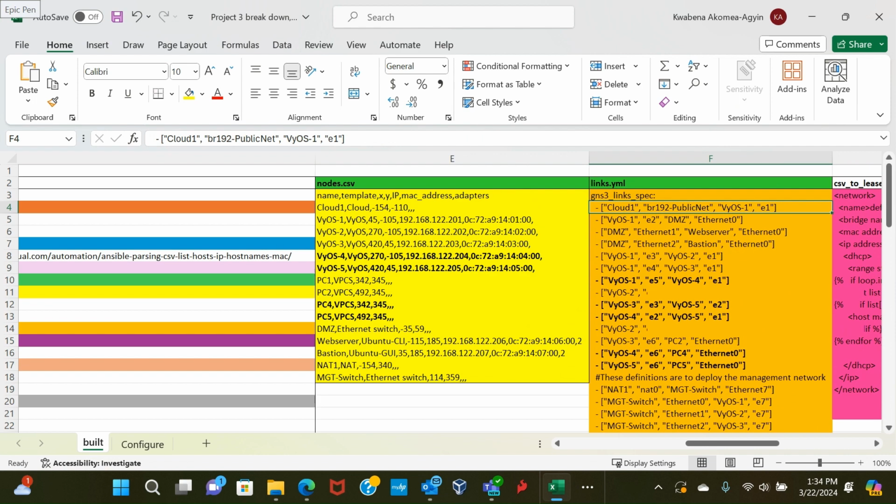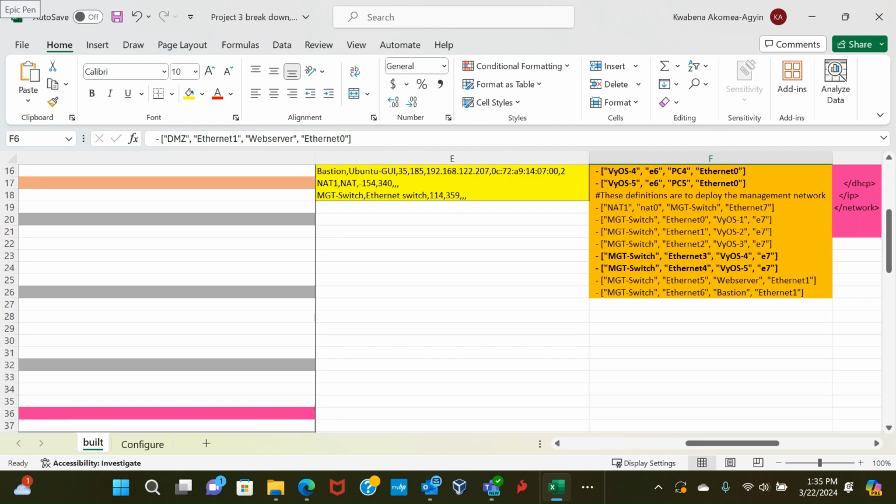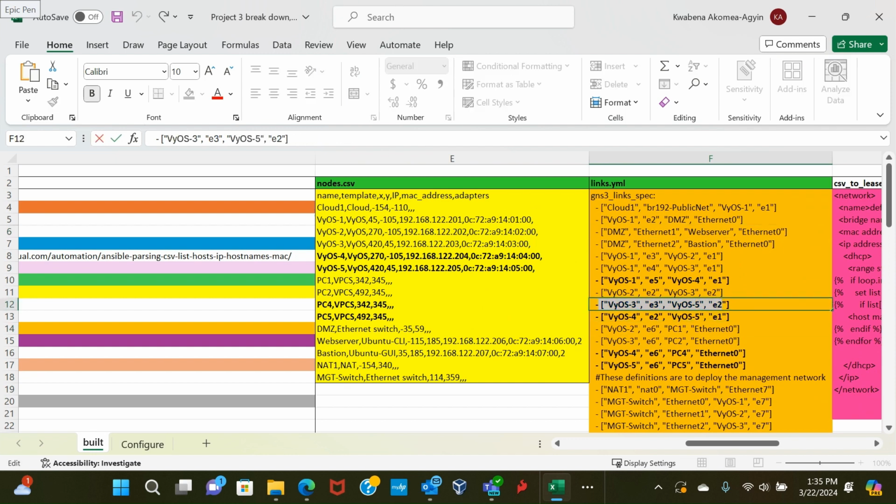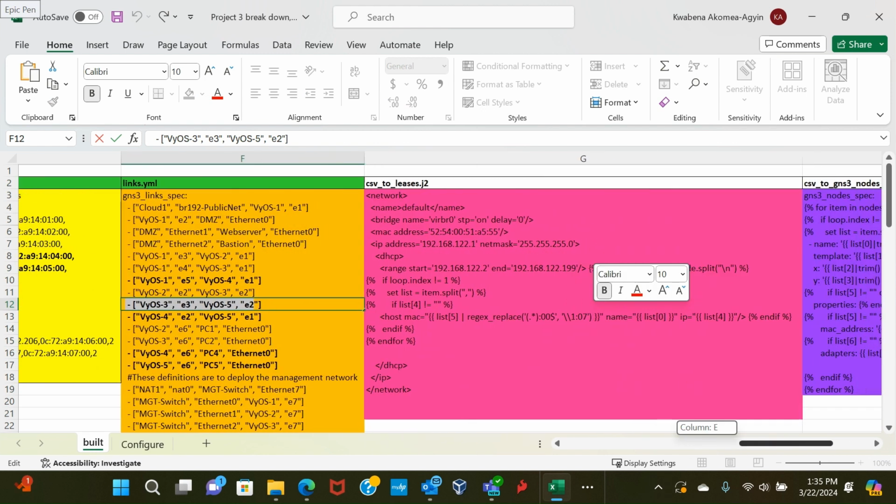And then we have our next template, which is the links.yaml. Links.yaml just takes these files and tells me that the cloud uses its interface BRT. That's how the programming language looks, to connect to Vios 1 on E1. Very simple stuff. So you just list all your connectivities like this, and then we are going to send commands to really configure these nodes as they are. So that also takes that as well. Okay, for the links.